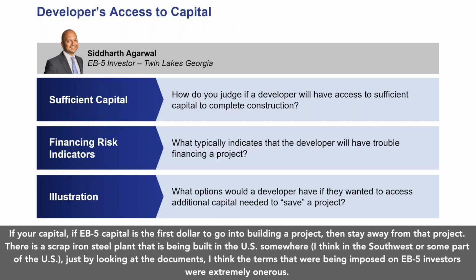And a few pointers here: if your capital, if EB5 capital is the first dollar to go into building a project, then stay away from that project. There is a scrap iron steel plant that is being built in the US somewhere, I think in the southwest or some part of the US,